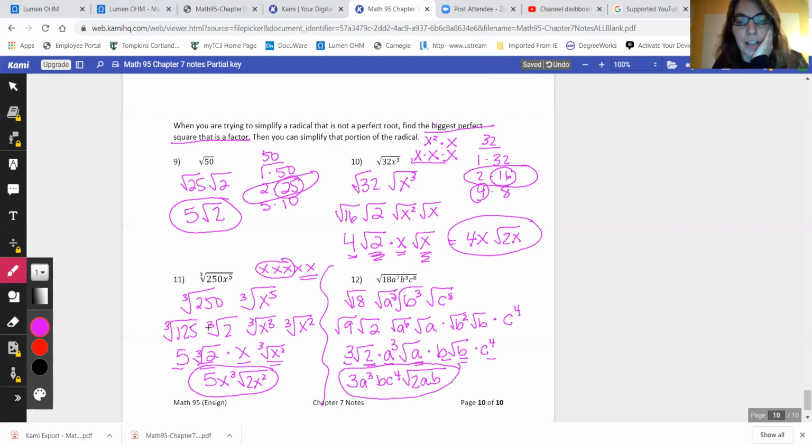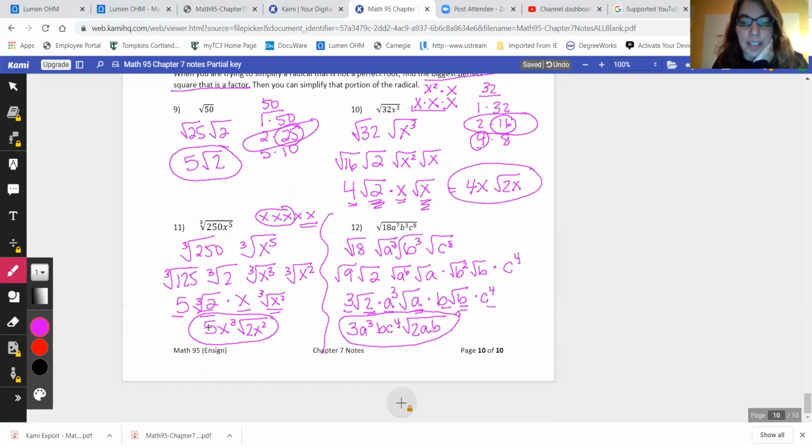So it looks like a lot, lots of little parts, but if you take each part, you've done each part before. You know how to do that. All right, so that's the end of those examples